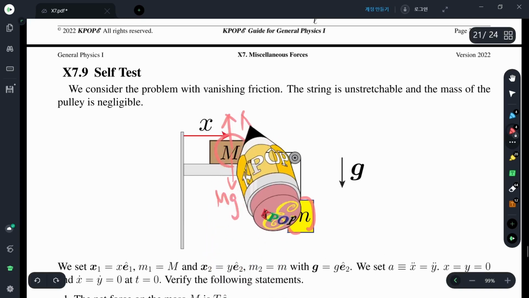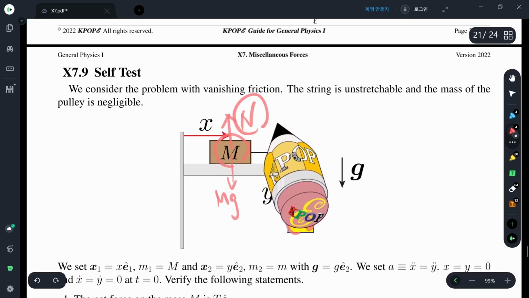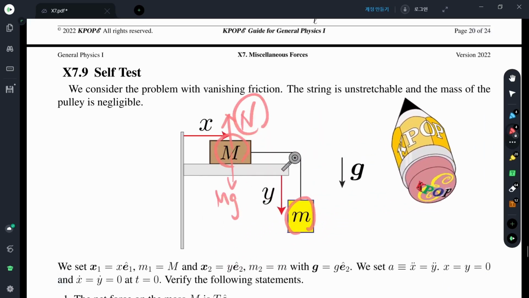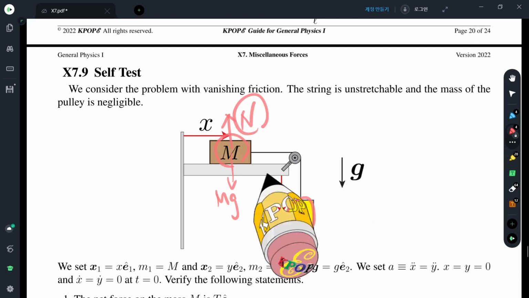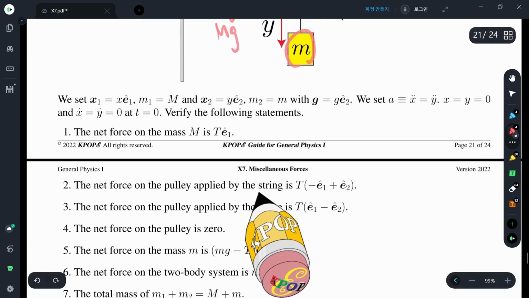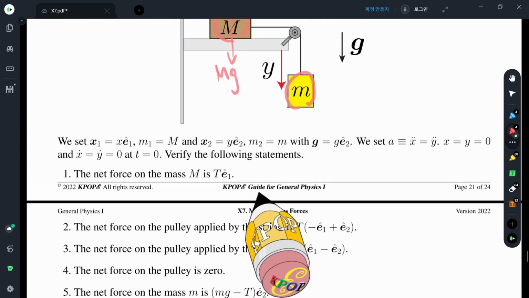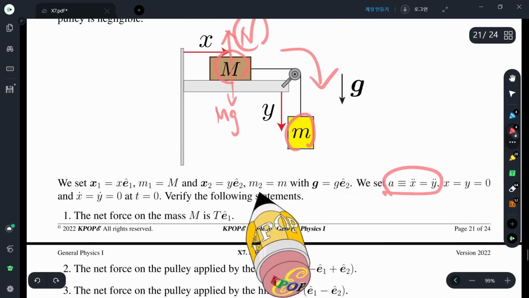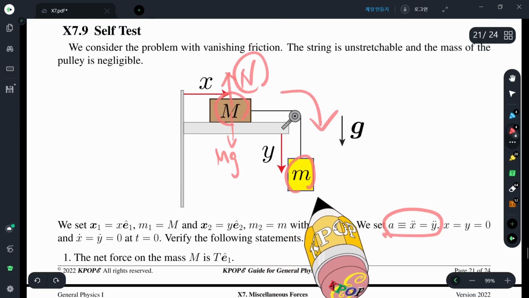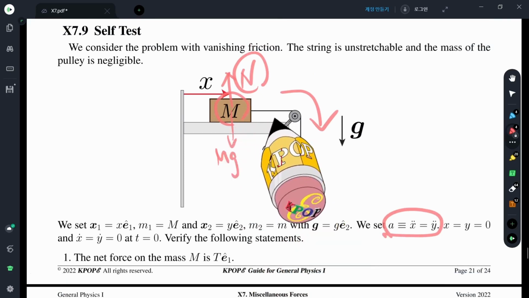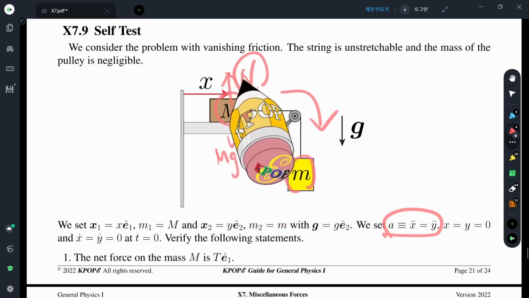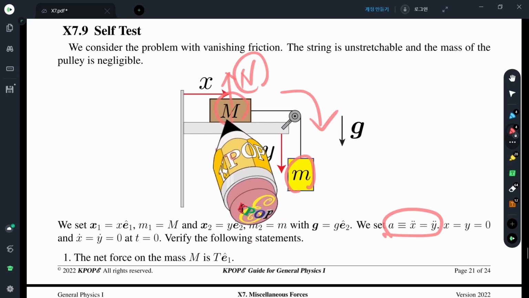And there should be the normal force, and the normal force determines the kinetic frictional force. We have acceleration here. It is making a motion. Okay, the net force on the system is the gravitational force cancelled by the normal force, but in here